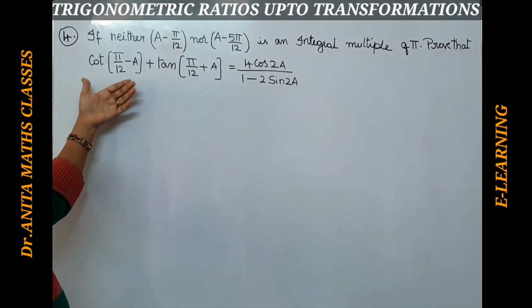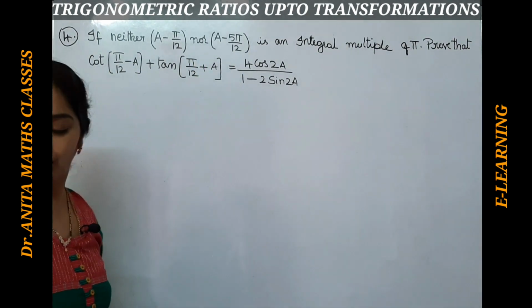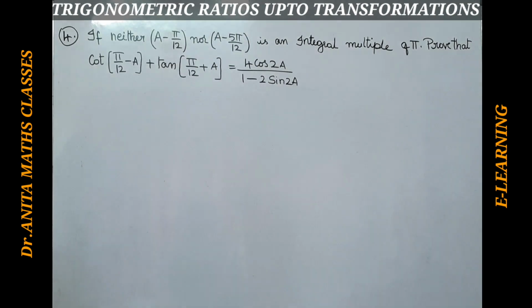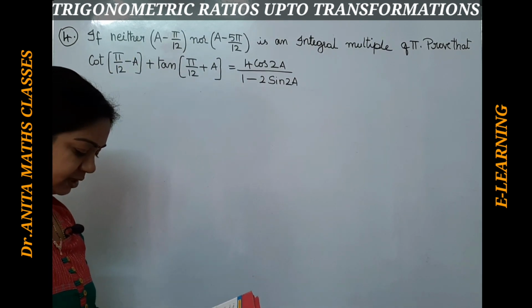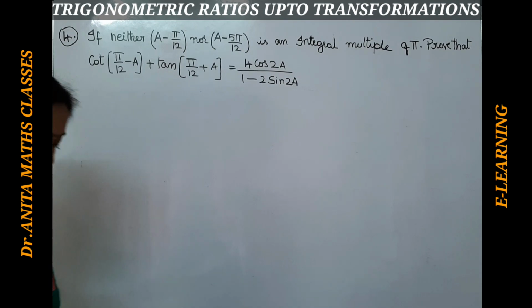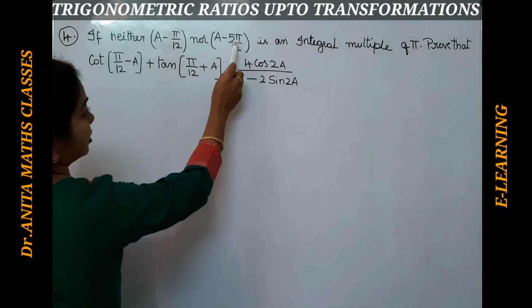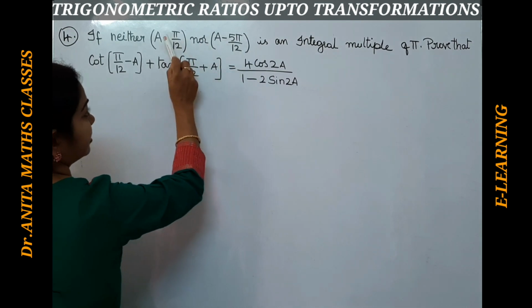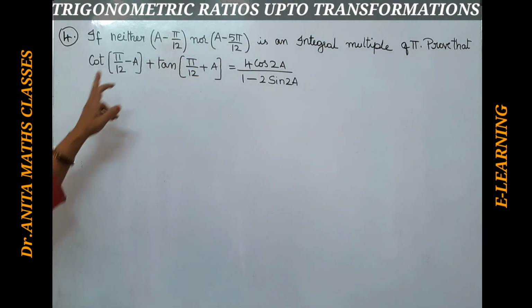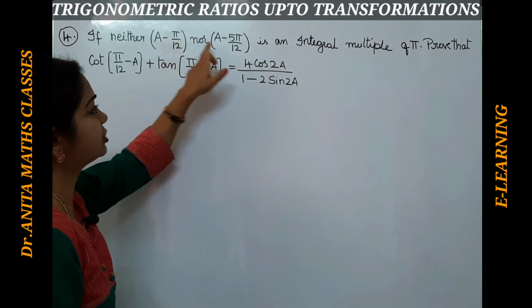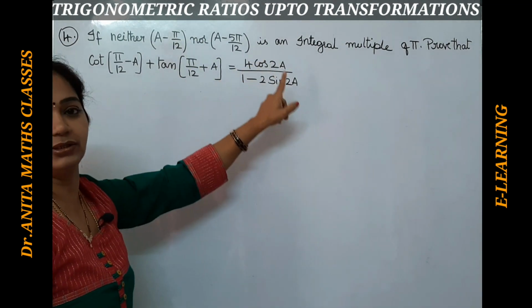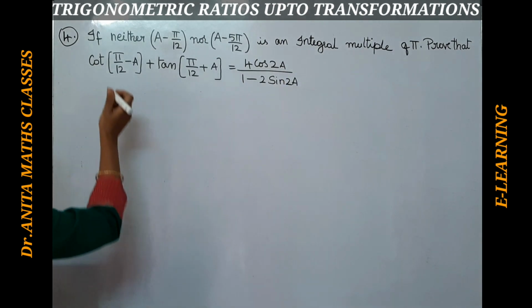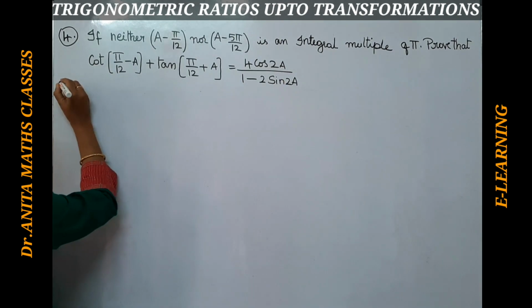Here cot is given and we have to prove it for cos. Let me see this in the textbook. Here it is a minus pi by 12. In section 2, this is the fourth one. I got confused where here we have written 5 pi, here pi, but that is there in the textbook as it is. If neither of these two is an integral multiple of pi, cot and tan you have to get into sin and cos. So let's start with the LHS part.